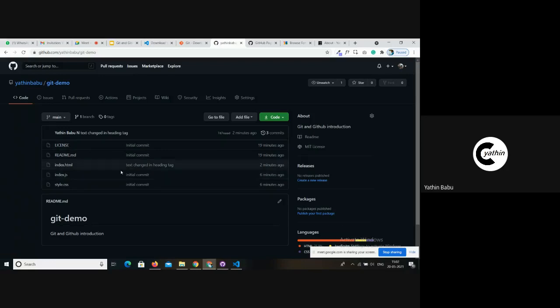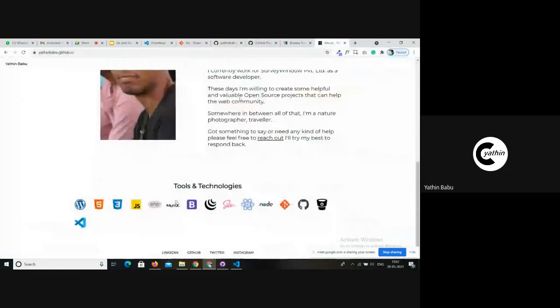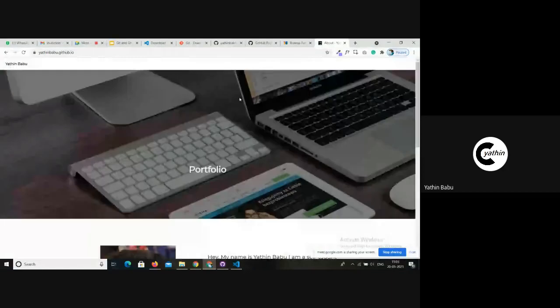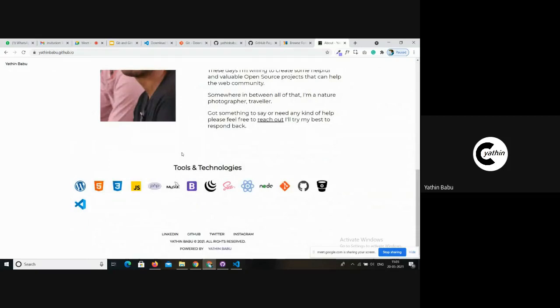Now let's move on to the main objective of creating a static single page portfolio website for each one of you. This is the final website that I have already hosted within my GitHub account, and it will somewhat look like this.